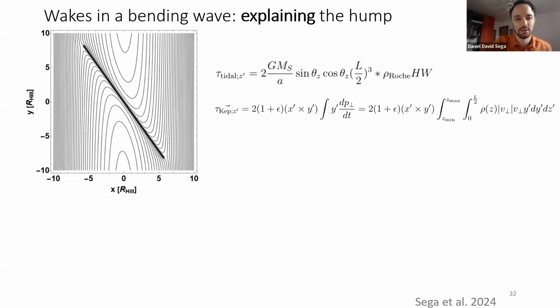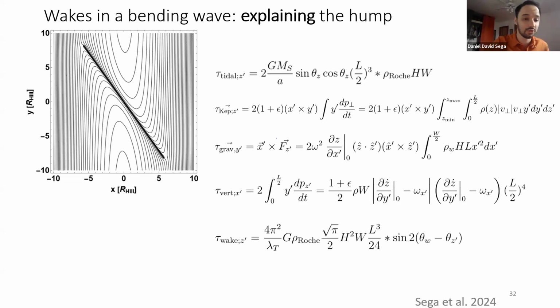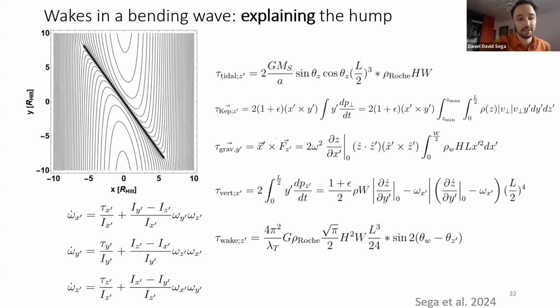It's just a bar. And we're going to have the tidal and the Keplerian torques. But now we're also going to have torque due to the bending wave, a vertical torque, because there are also going to be collisions that are north-south. And also wakes are going to interact with one another gravitationally, and we include all of these torques and compute what the motion is by integrating the rigid motion equations, right? So these torques we computed for all the coordinates, and then just plug them in here, tau x, tau y, tau z, and then integrate those equations and get some motion.